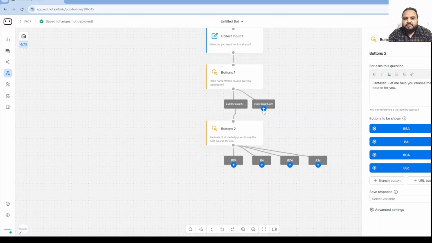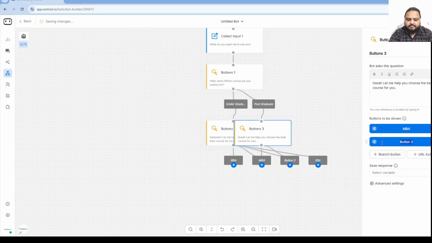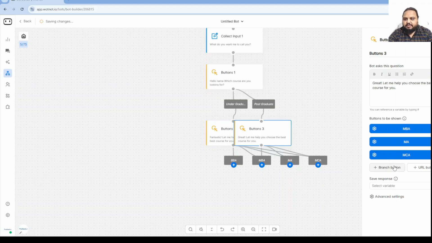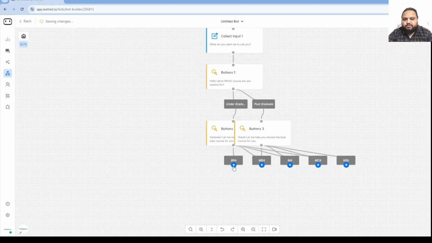Then for the postgraduate, a similar thing, buttons. Great. Let me help you choose the best course for you. And then again those options, MBA, MA, MCA, MSc. Now if I go to the BBA program, so BBA is normal BBA, or if you are providing some